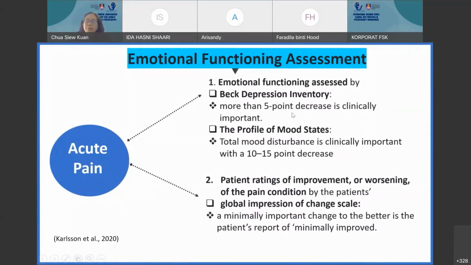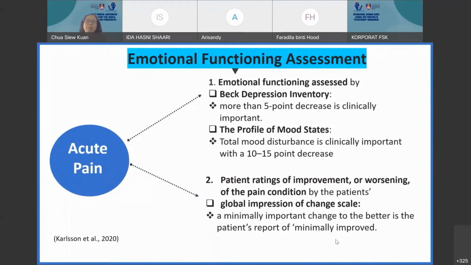Then the finding is, for a clinically meaningful change, you need to have a 5-point decrease when you use this questionnaire. What is a 5-point decrease? It means that a score change of 5 points really indicates you have some benefit. Okay, if it is less than 5 points, it is still not enough, not yet clinically important. Based on this questionnaire, a 5-point change